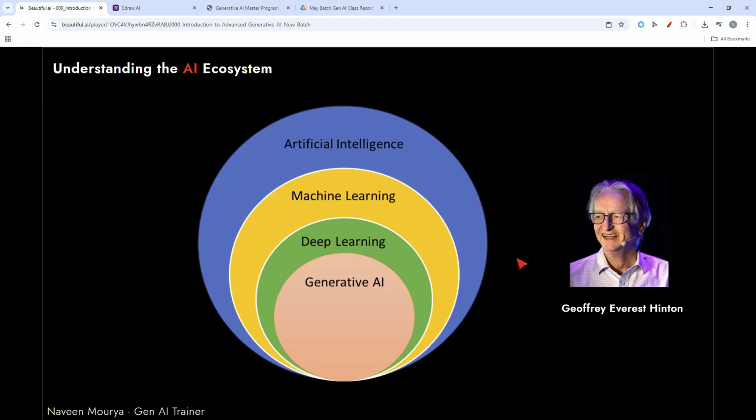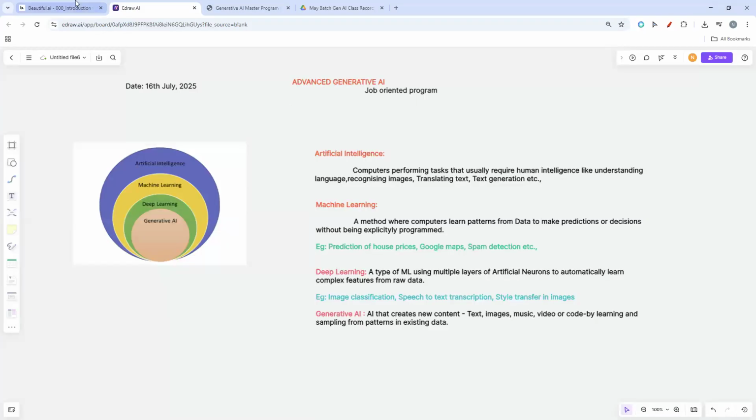Okay, so he is very famous in that particular field. And your generative AI, whatever we have here, is also dependent on deep learning only. That is the reason we have a structure like this. So deep learning is nothing but a type of machine learning. Okay, you got that right from this definition itself. It is a type of machine learning.